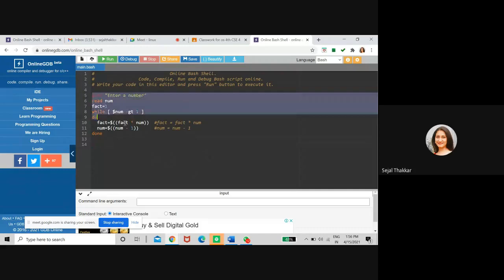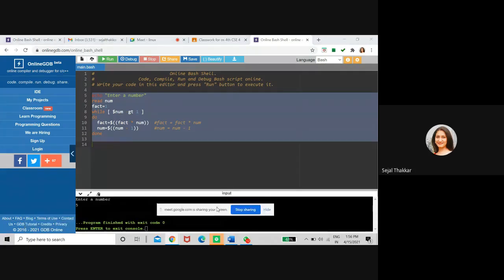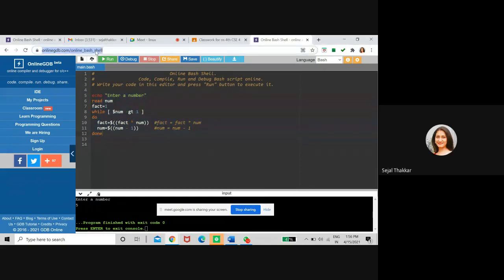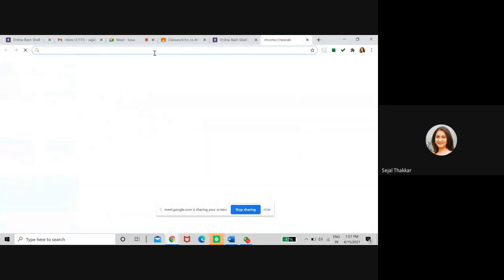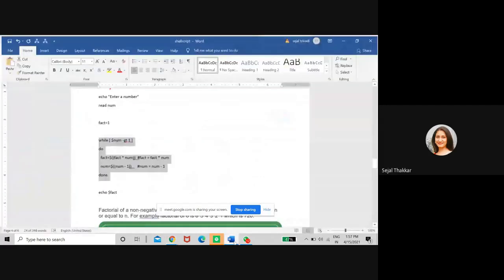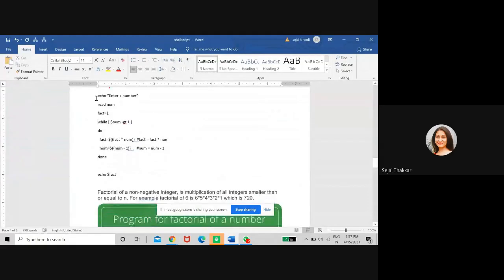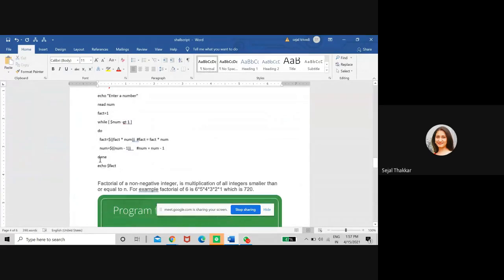Now you have to select all these statements to run this shell script. Now I'm entering 5. So 5 multiplied by 4 multiplied by 3 multiplied by 2 multiplied by 1, and you will get the factorial of that number. I think there is some problem. Sorry, let me do it again. Just like a C program, this is really very easy and very simple. I had not printed this number, that's why it gave an error.